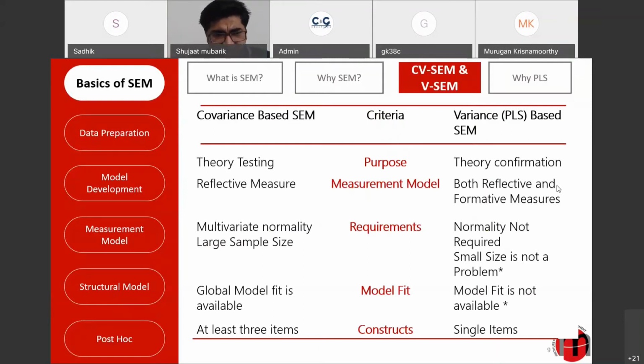I've just had a comparison of what the covariance-based SEM is and what the PLS SEM is. Normally, until maybe 2-3 years ago, the covariance-based SEM was primarily used for theory testing, whereas the PLS-based SEM was more focused on theory confirmation. But recently we have read the article of Ringle, who claims that even PLS SEM could also be used for theory testing, but it's not yet sure to what extent we can